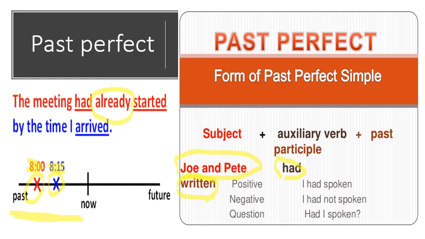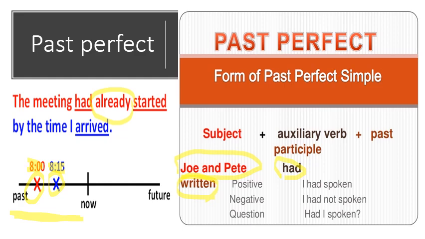So you see that the one in the red happened before the one in the blue. Therefore, usually the action which happened first, we always put in the past perfect, and the more recent action is in the simple past form. So the meeting had already started. This one in the red, had already started, indicates the start point of the meeting. By the time I arrived, this is the time when I arrived at the meeting,